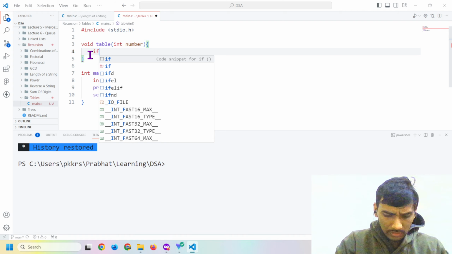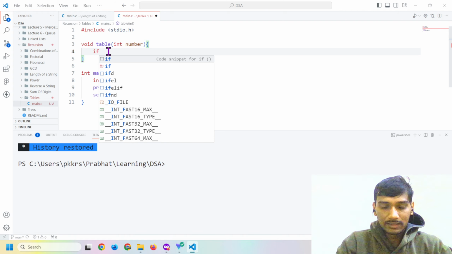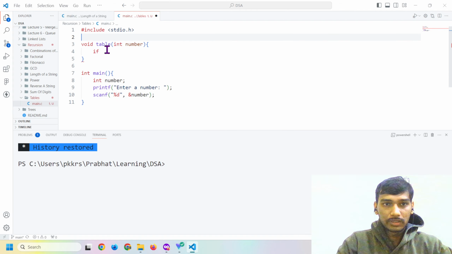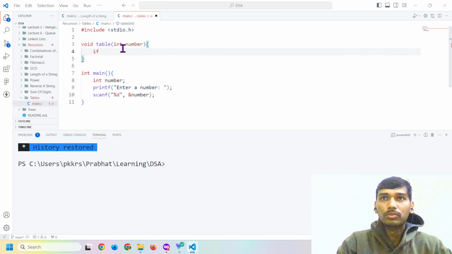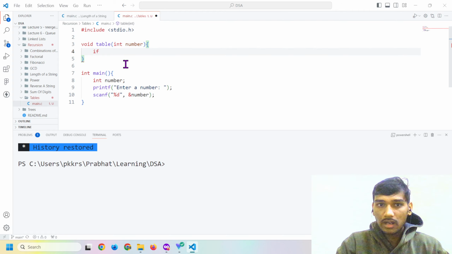how should the table be printed? Let's say that two is the number that is entered by the user. Then we need to multiply 2 by 10: two times 1, 2, 3, 4, 5, 6, 7, 8, 9, 10, something like that. So n starts from 1 and goes till 10. So we can do it like this: